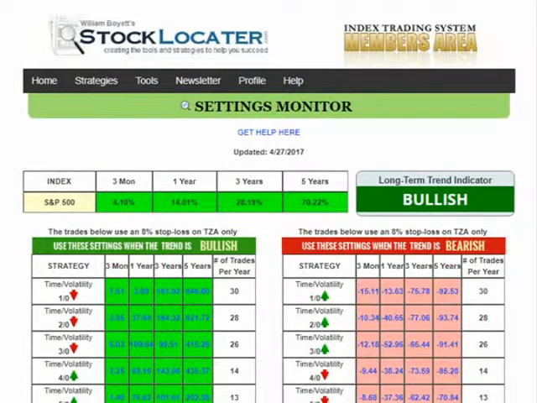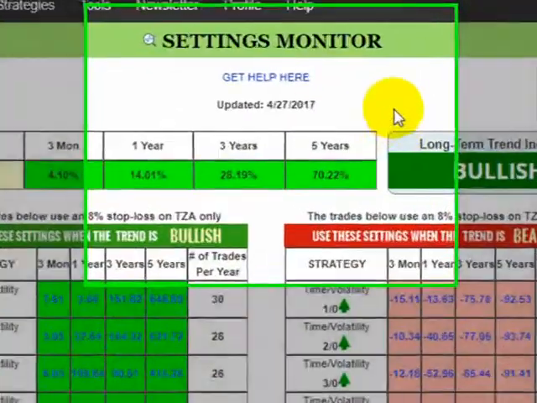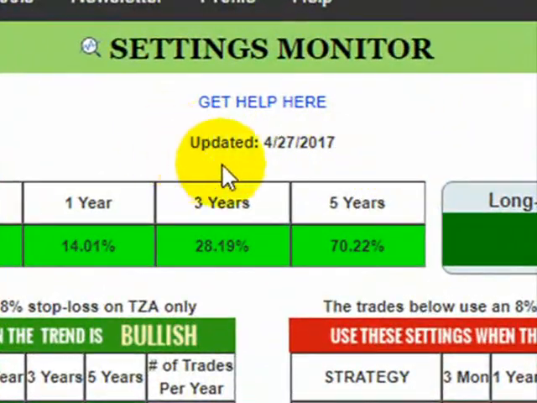Settings monitor page. Now this is not going to be like an extensive training video, but more like a brief overview of the different parts of the settings monitor page. So let's get started. And as you can see right here, you're going to find out when it was updated. So this one right here was